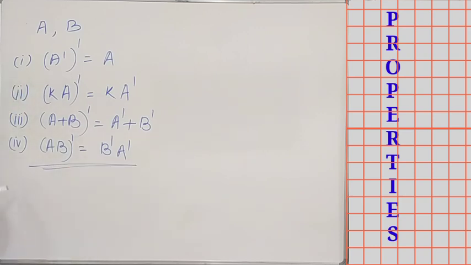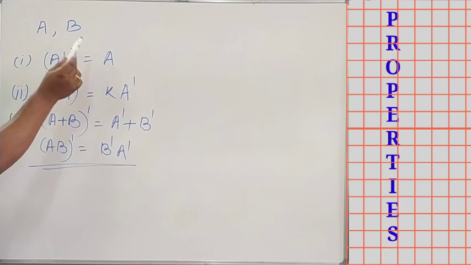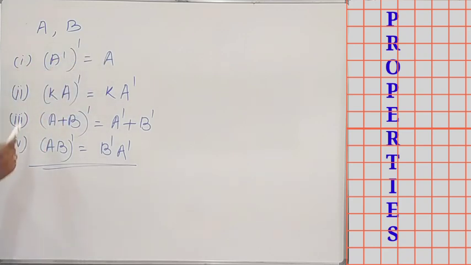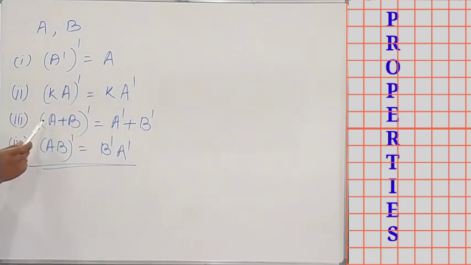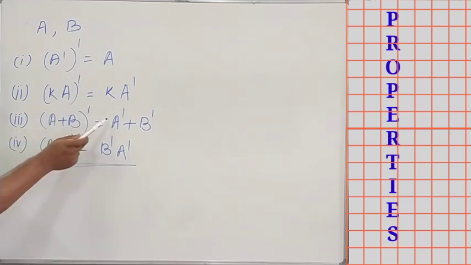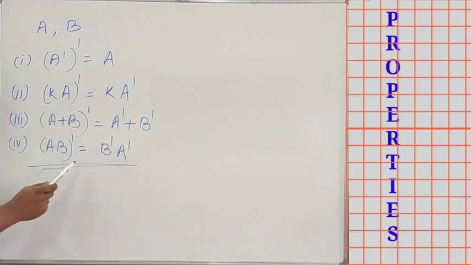So we see these properties once again, that is A transpose whole transpose is equal to A itself. K is a scalar multiplied by a matrix A, and we take the transpose, that is equal to scalar multiplication of its transpose. A and B are two matrices. We have taken the transpose of the sum, and that is equal to sum of its transposes. A and B are two matrices. We have taken the transpose of the product, whereas in the result the order is interchanged, that is equal to the transpose of the second matrix into the transpose of the first matrix.